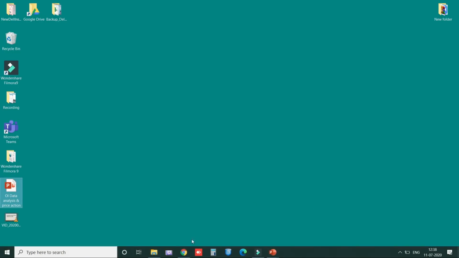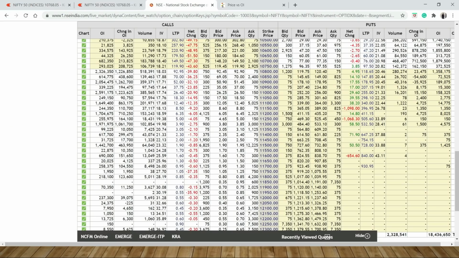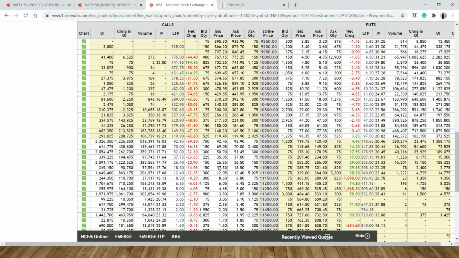Let's go directly to the example. All of you know the option chain. If the market is closing around, let's say, 10,775, that is the at-the-money strike. We have to check the change in OI on the call side as well as on the put side at the money, and also the nearest OTM, that is the 10,800 call as well as the 10,700 put. So with these strikes, the 10,700 put, the 10,750 call and put, and the 10,800 call, we can conclude the trend for the intraday, actually not for positional.